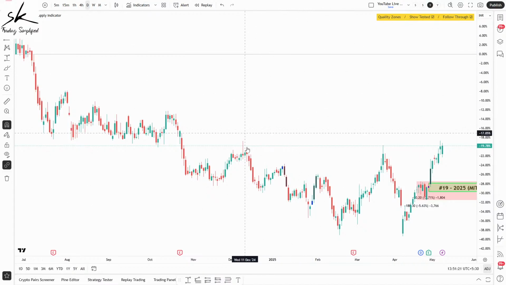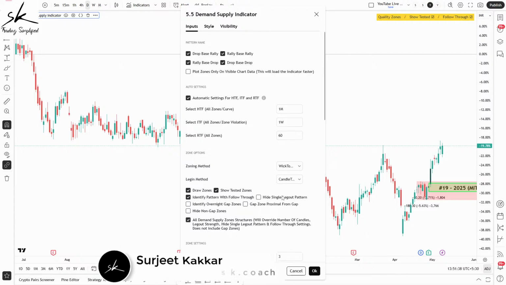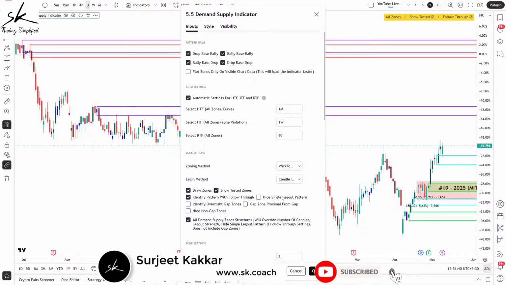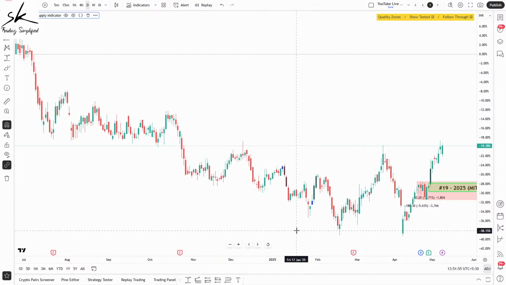Now, remember, whenever you're on your lower time frame, by default, the indicator is always identifying quality zones for us. But for cases of level on top of level, it is not mandatory that all zones are quality zones. So I'll go to the indicator settings and check mark all demand supply structures, which means I don't want just quality areas. Anything that is demand, anything that is supply, identify that for me. And here you can see that inside of it we only have one zone, we do not have multiple zones. So that tells us we only have a coinciding level, we do not have a case of level on top of level.